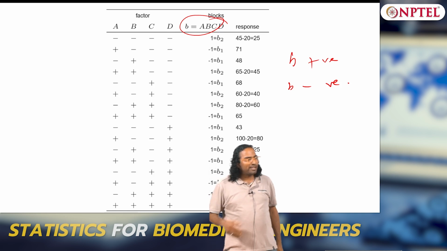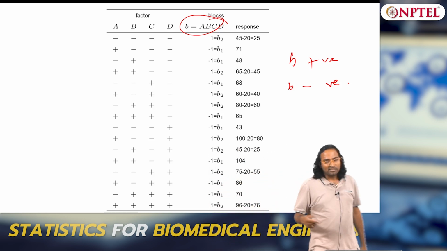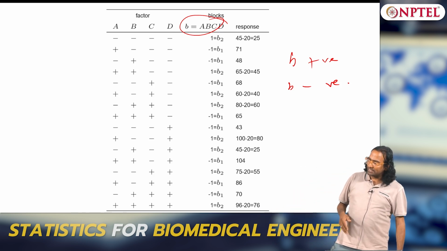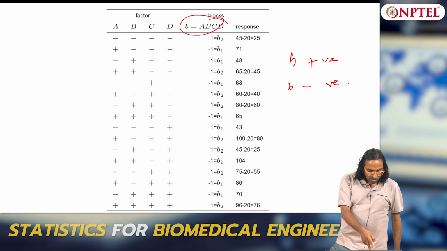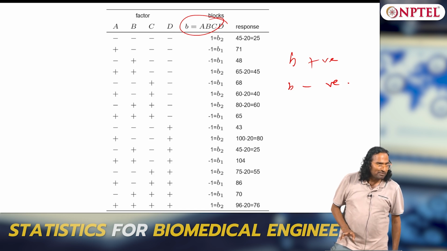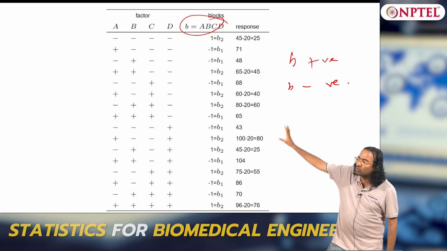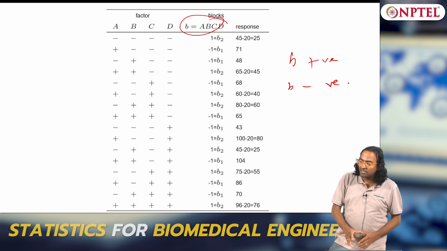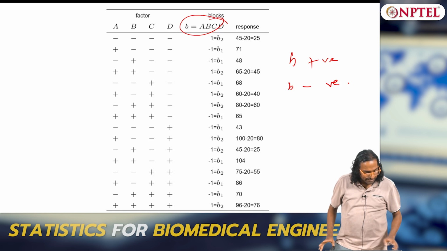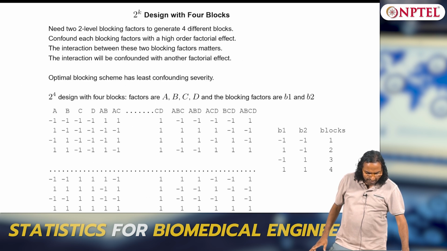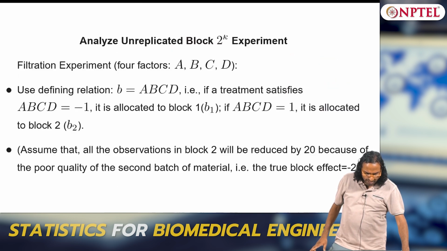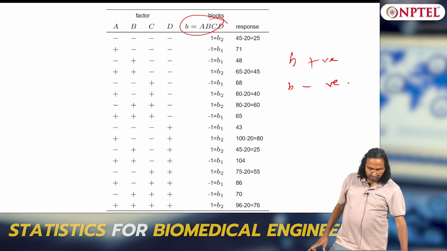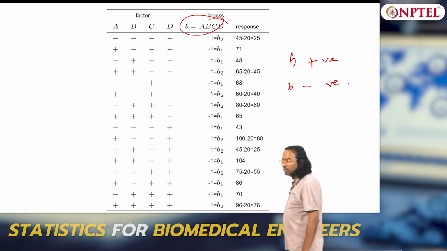Ideally you should have done 16 experiments with block 1, 16 experiments with block 2, that would have been costly. So now you only have 16 and you have to divide it into 2 blocks, so I divided into 8 and 8, make sense, clear. And the key is to do away with the higher order term: define a term B equals to A, B, C, D and then multiply it and then split A, B, C, D positive, A, B, C, D negative. Will there be one confounding or many confounding?